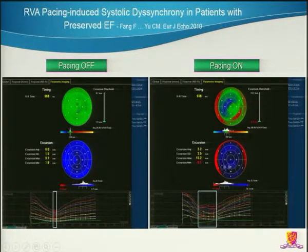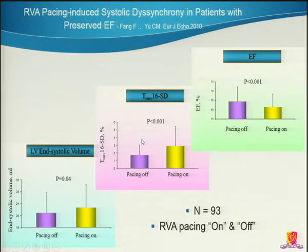This is an example of a patient during pacing on. There is a much higher level of dyssynchrony, and you can see the regional color coding showing some early and some late delay region of contraction. Now, when we assess